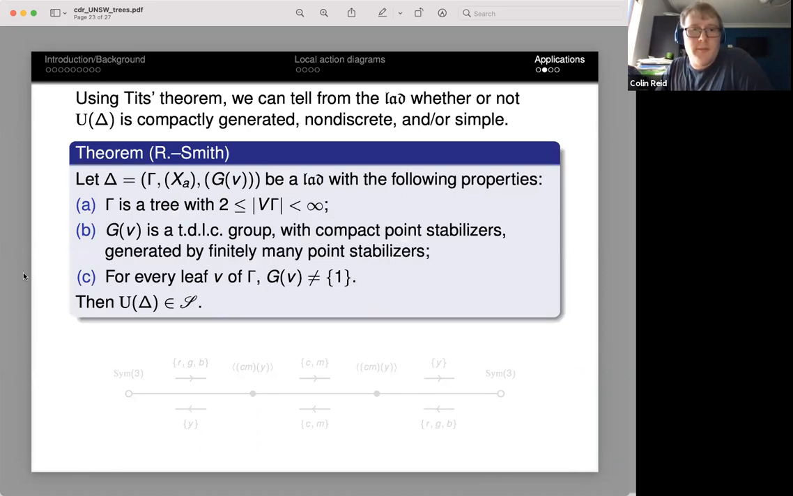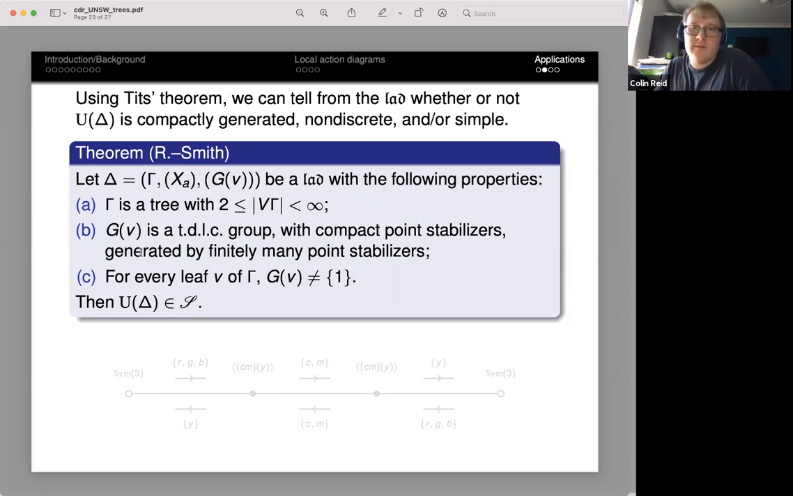Okay, so in terms of producing examples of simple groups, we've got various results saying whether or not U of delta is compactly generated, whether or not it's discrete, whether or not it's simple. And I just gave a sufficient condition here. So if you have a local action diagram such that the graph is a tree with at least two vertices,